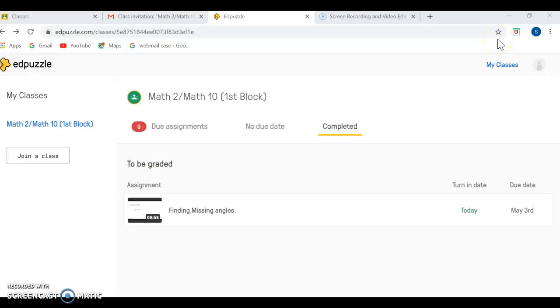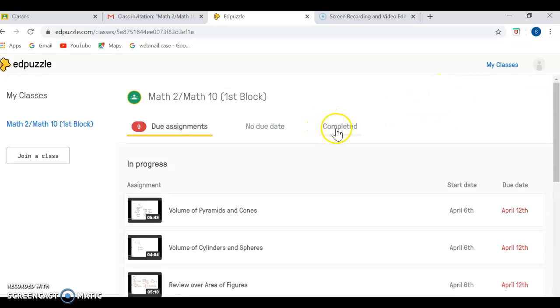Hey guys, I got a couple questions about Edpuzzle and how to look at the comments and reply to them. So I created my own account on Edpuzzle, and what I did was I went to edpuzzle.com,